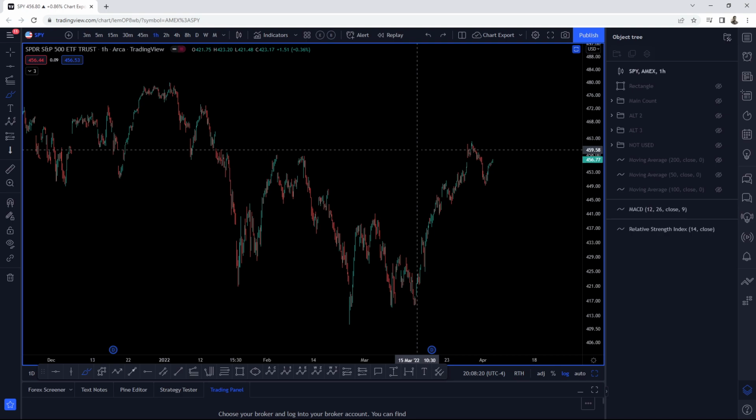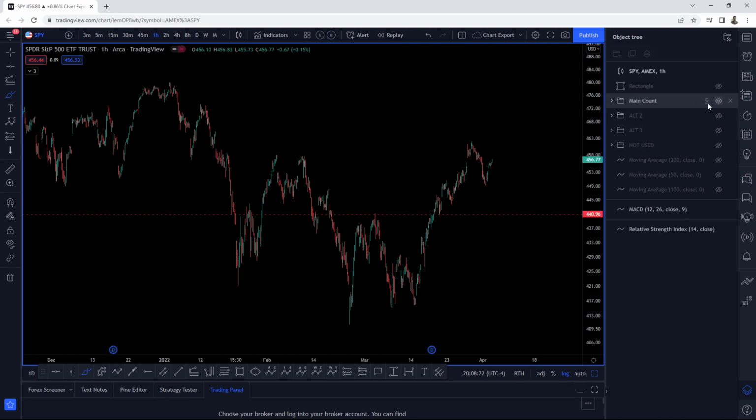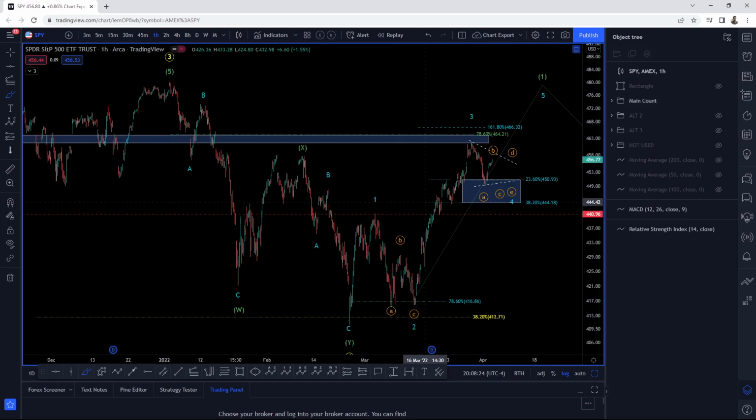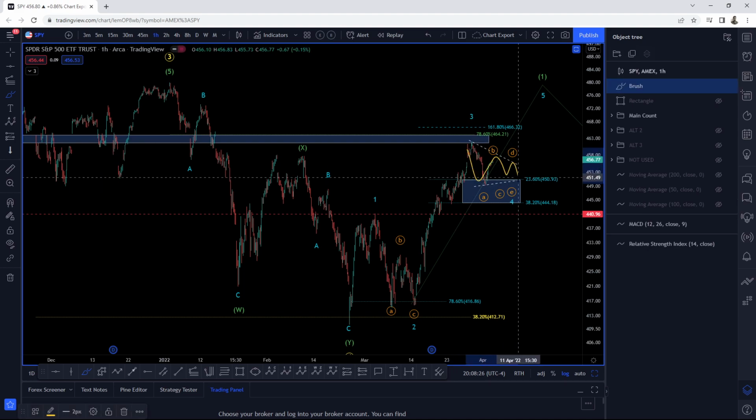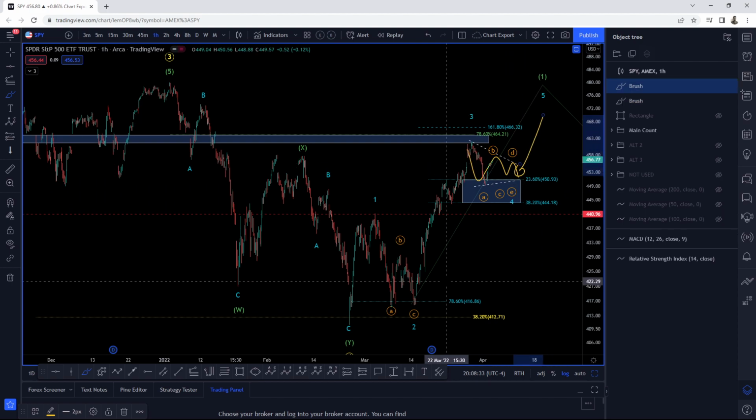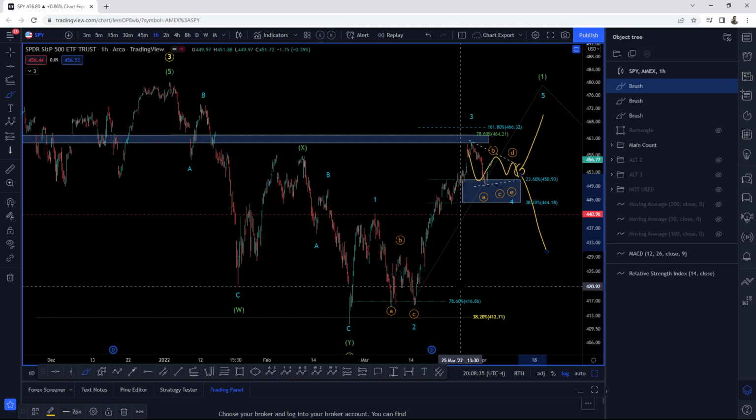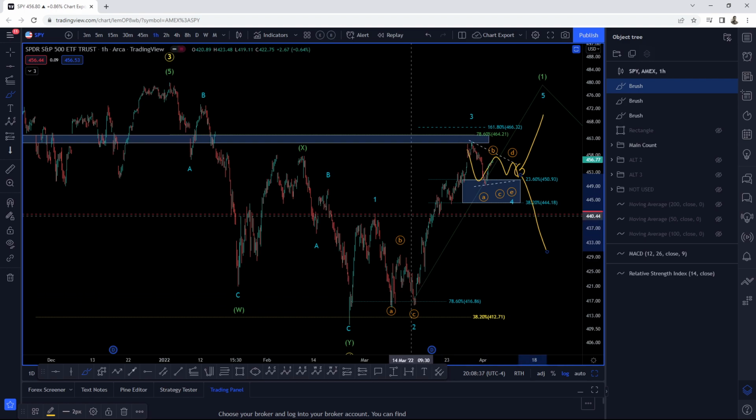So for that reason, the main structure, the main count, let me just turn this on so we can review. For that reason, this main structure remains valid to me, right? Because until we get to that day, we're going to trade sideways before we actually decide a direction, and we either head on higher or we break the trend and the pattern and we break this low.